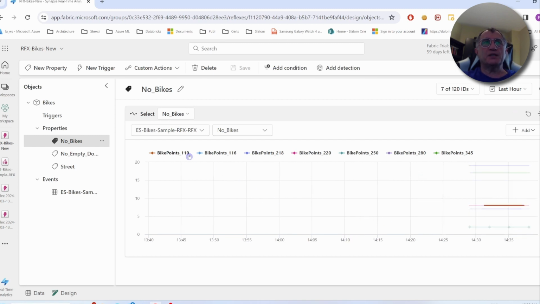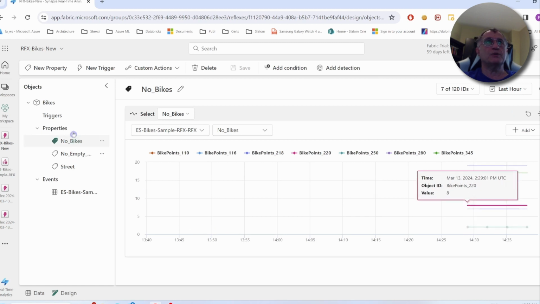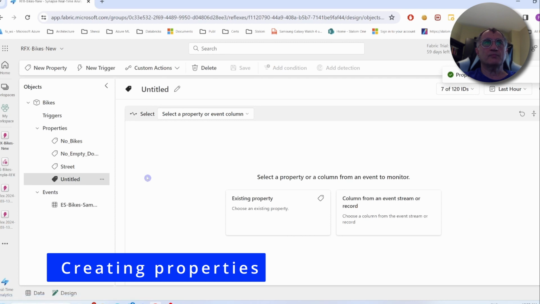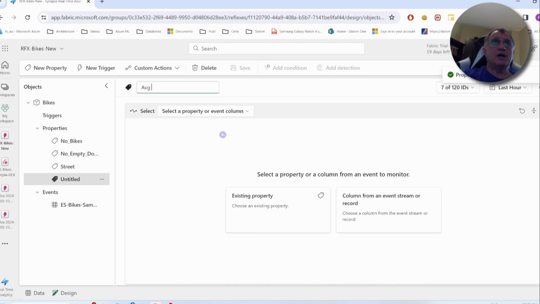This data represents raw data, so I haven't applied any aggregation to that. But let's go ahead and create another property which will monitor aggregated data. I'm going to use the new property button, and we'll call it average number of bikes